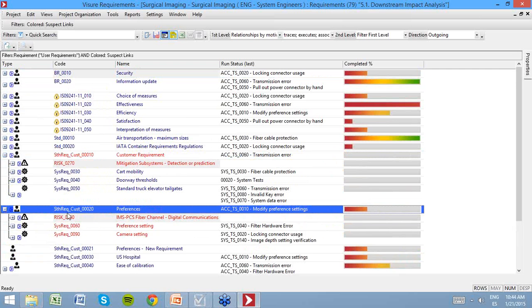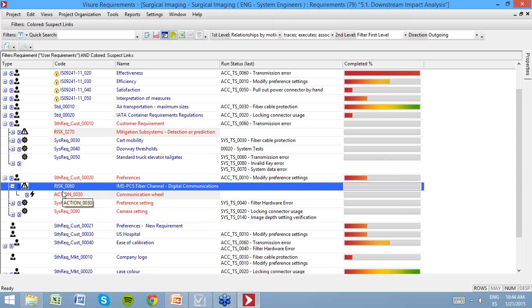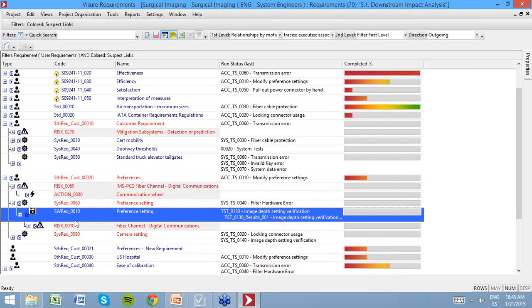This element here is related to 2 system requirements and is related to a risk too. We can continue extending, and we can find that this risk is related to a specific mitigation action. The system requirements are related at the same time to software requirements, which are related at the same time to risks,